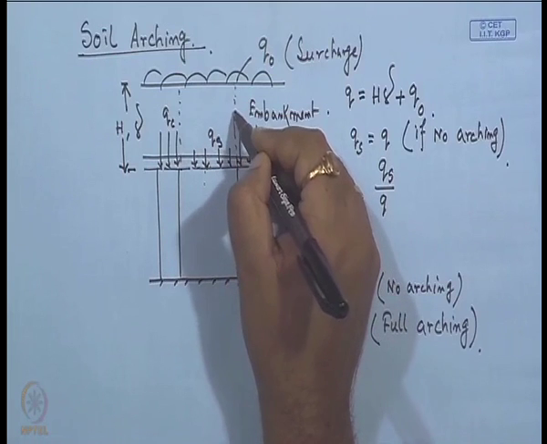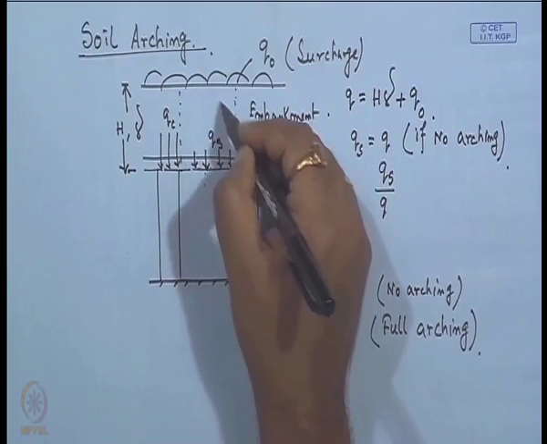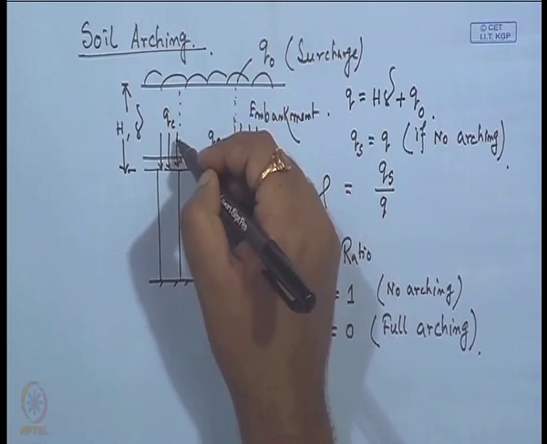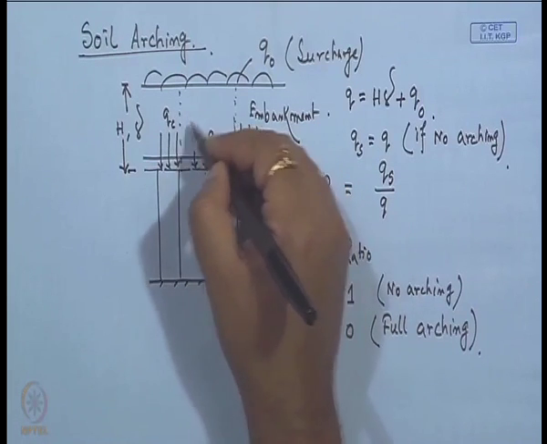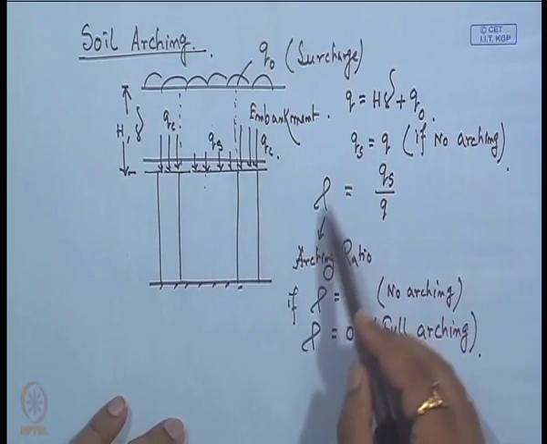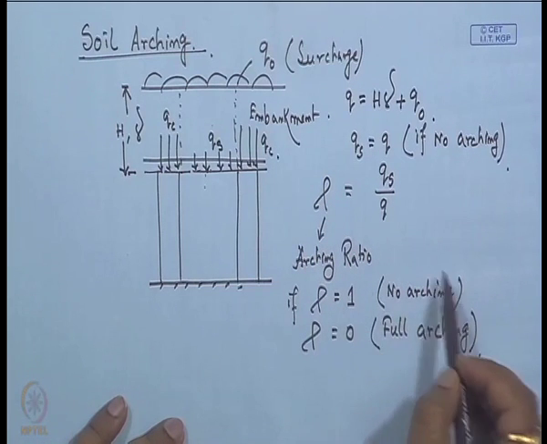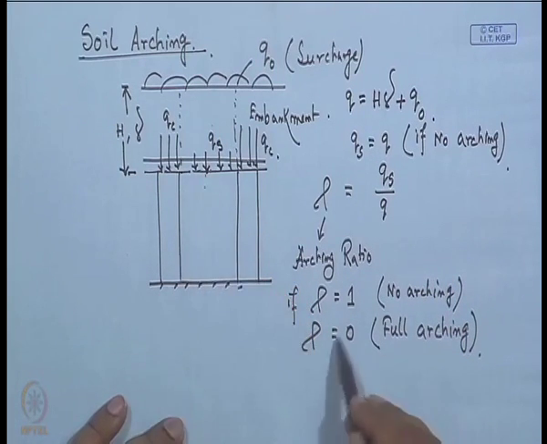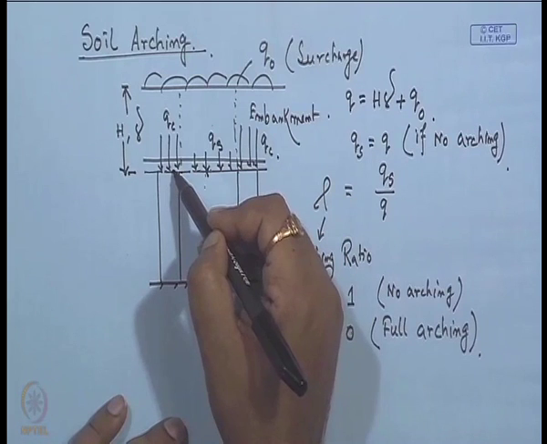And because of the shear resistance of the embankment soil or granular material, the stress on the soft soil region is transferred onto the stone column region. That phenomenon is called soil arching. If I express it as the soil arching ratio rho, if rho is equal to 1, there is no soil arching and all the stress is coming on the soft soil, and if it is 0, then there is full arching, when no stress is coming on the soft soil and all the stress is transferred onto the stone column.